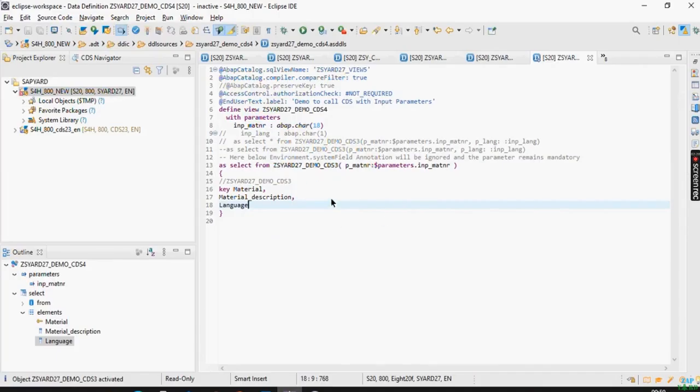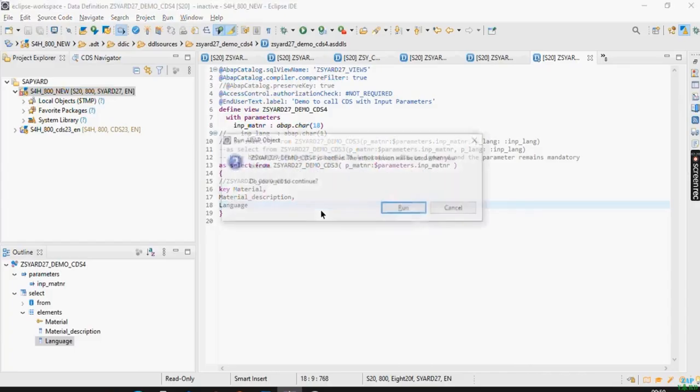It was a system issue. See here, now this got activated. The system was not able to fetch it from the backend. Now see here, when I am using the same CDS view here, I am not specifying any p_language, because I have commented it since I don't need this parameter. And now if I take the output,